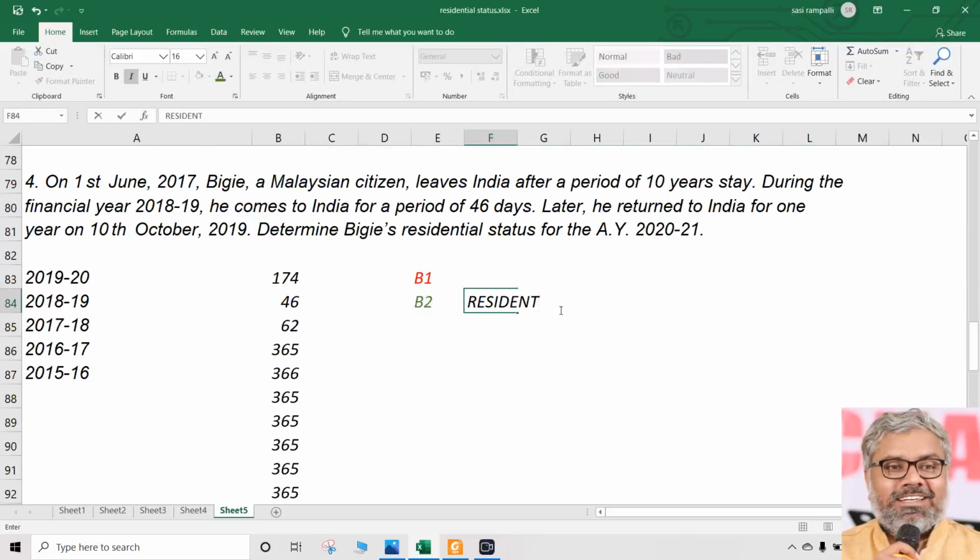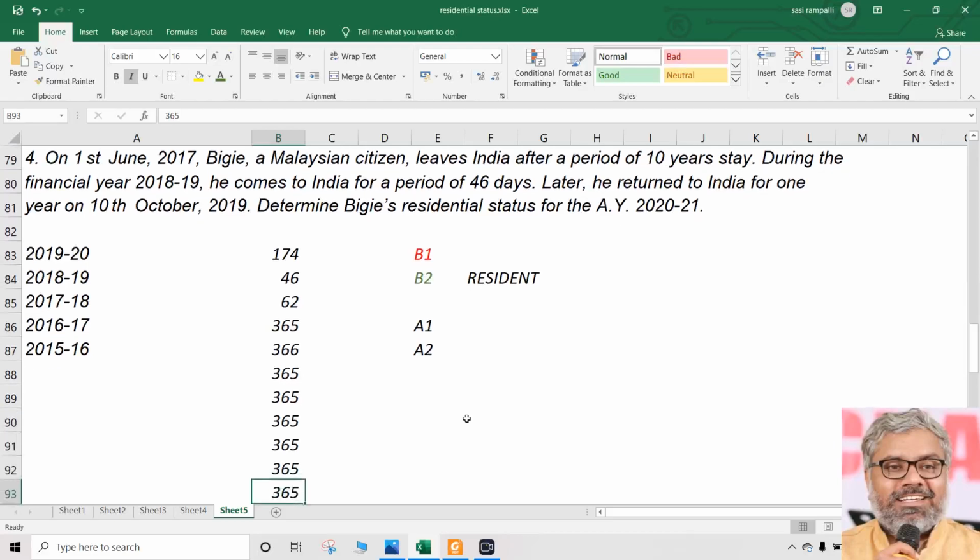So definitely, what is the residential status of this person? For sure, 100% resident. Why? Basic condition number 2 is satisfied. But we cannot stop there. Again, we have to check additional condition number 1 and additional condition number 2. Both we have to check. These are all things you have to write in exam. B1, B2, A1, A2 is not enough in exams. This is for understanding purposes. The way you have to write in exam, you have to write the conditions and see whether that condition is satisfied by this person or not by calculating them.